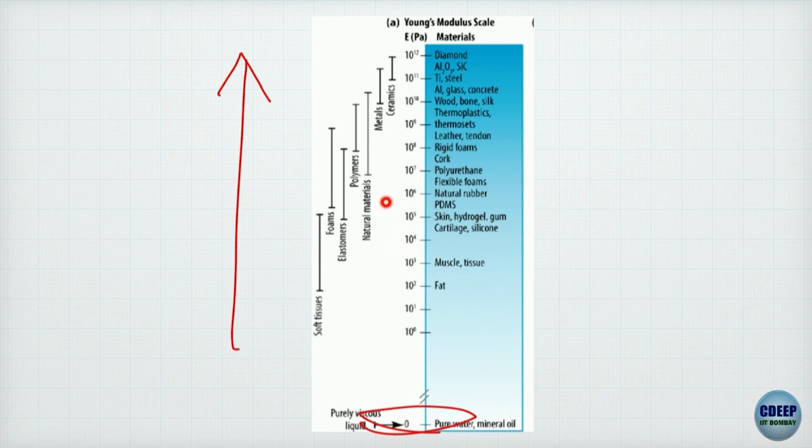Our natural rubber comes here. Biological systems, skin, cartilage and all, are here at about 10 to the power 5 Pascal. Yeah, that's us here. And muscle tissue is relatively softer. Yeah. And so if you see, you have this entire range, and what you have done here is